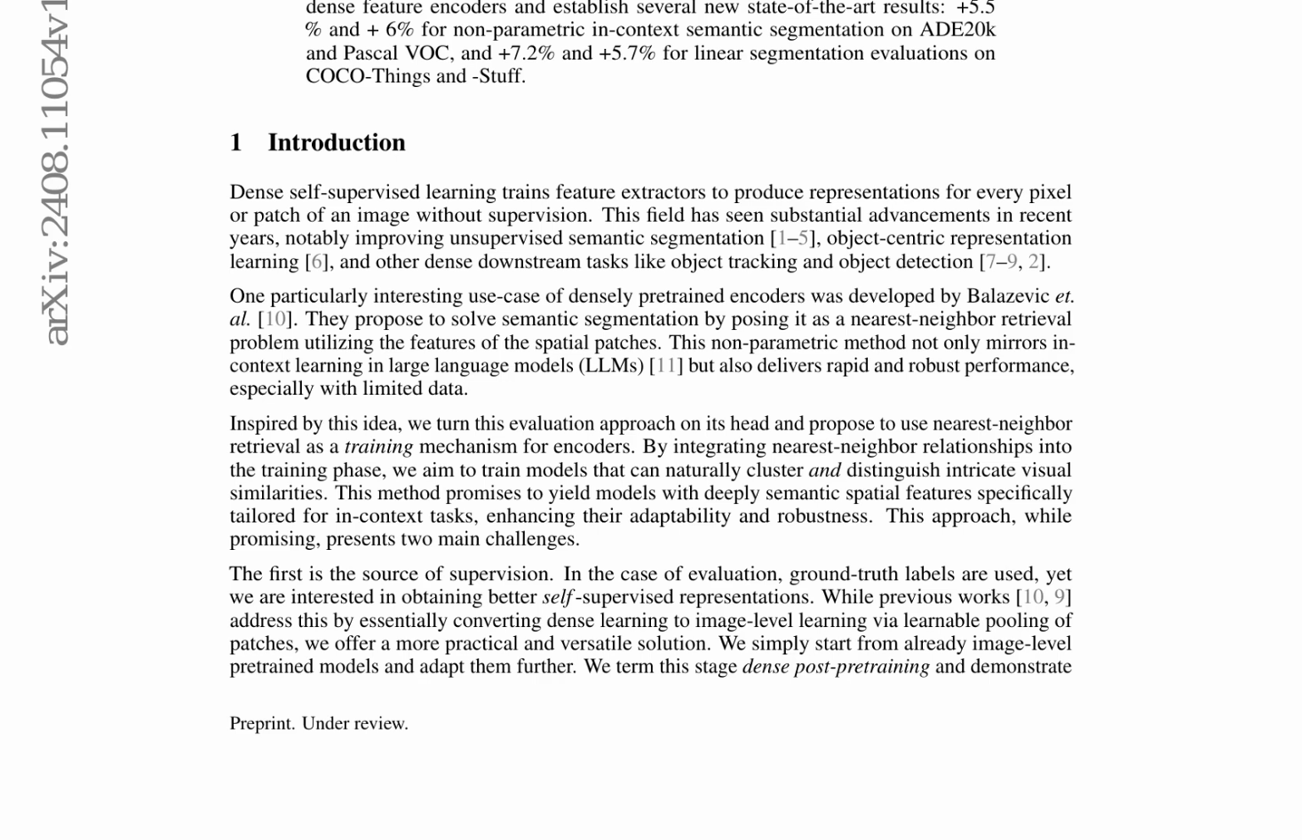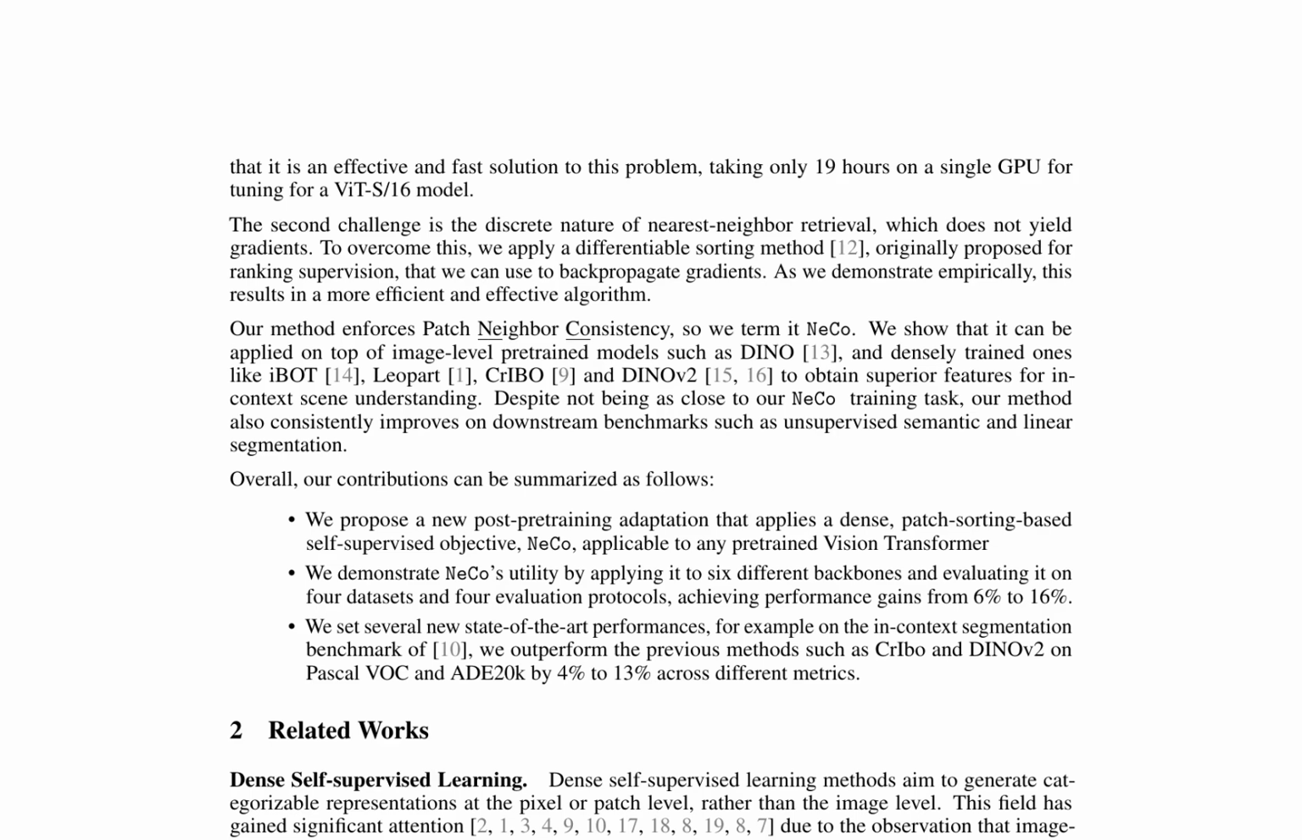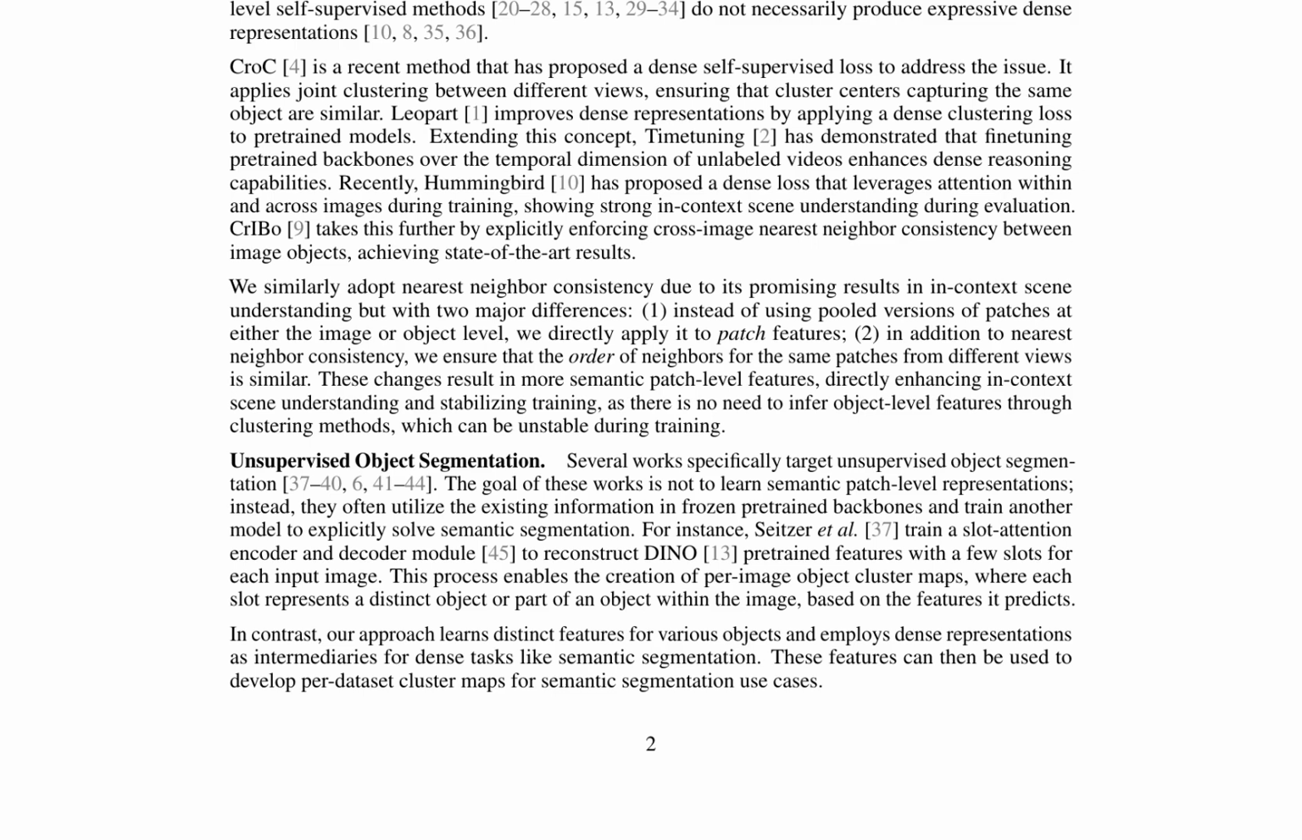Our approach improves dense self-supervised learning by directly applying nearest neighbor consistency to patch features, enhancing in-context scene understanding and stabilizing training. We demonstrate that this method generates high-quality dense feature encoders and establish several new state-of-the-art results across various models and datasets. Despite requiring only 19 GPU hours, our method outperforms previous methods by 4% to 13% on in-context